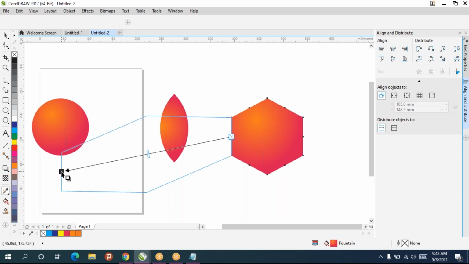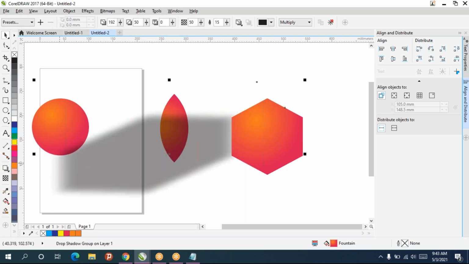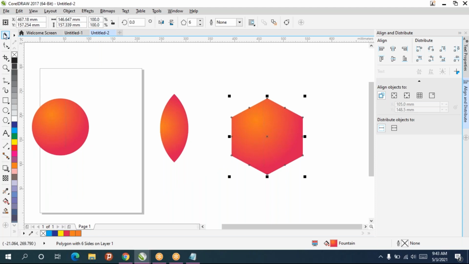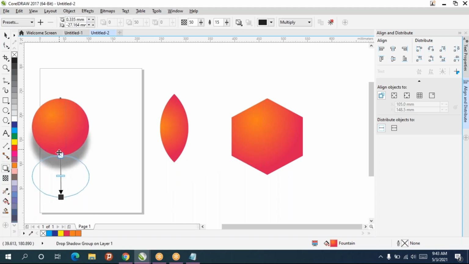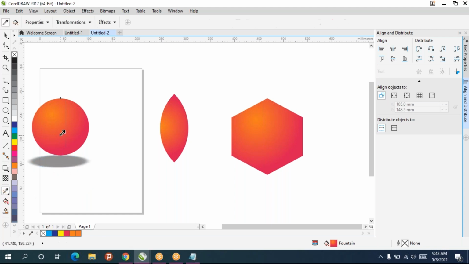So including if you have applied a drop shadow for this, I'll click on this and apply to that. But the drop shadow is not coming.